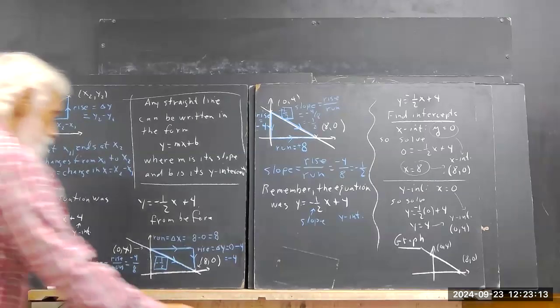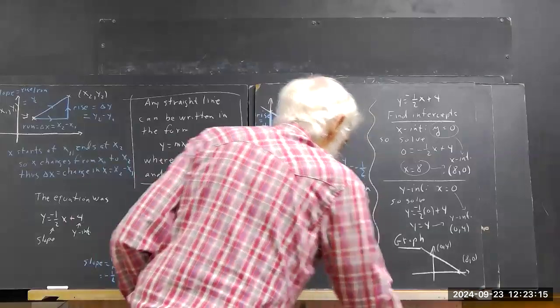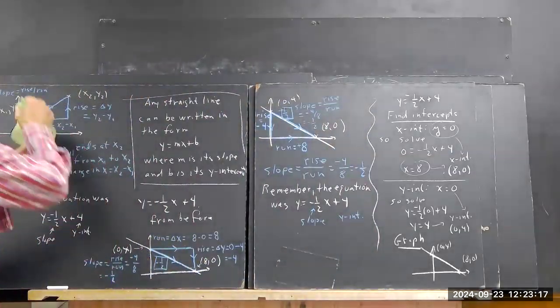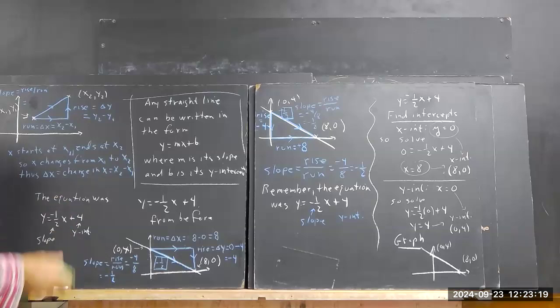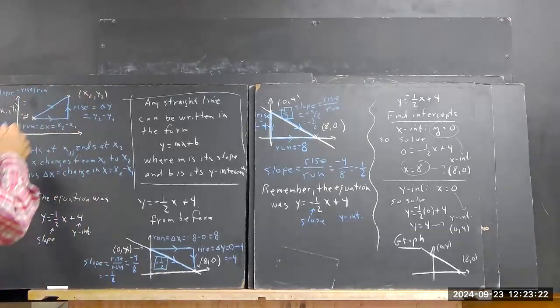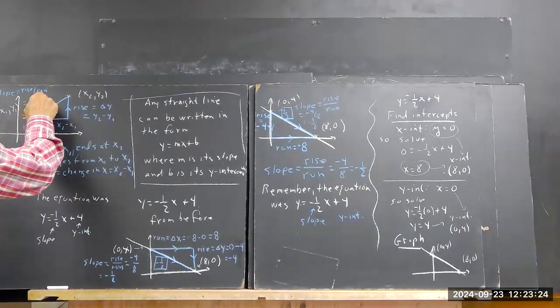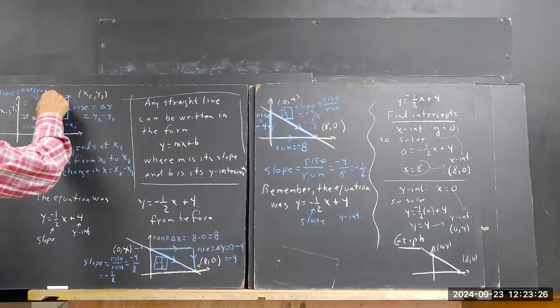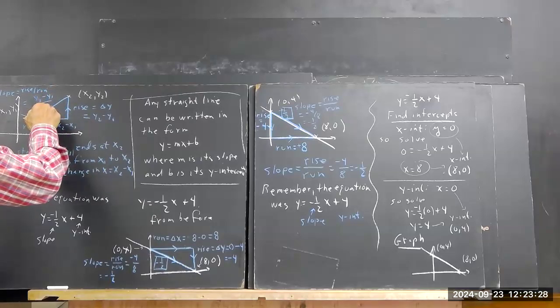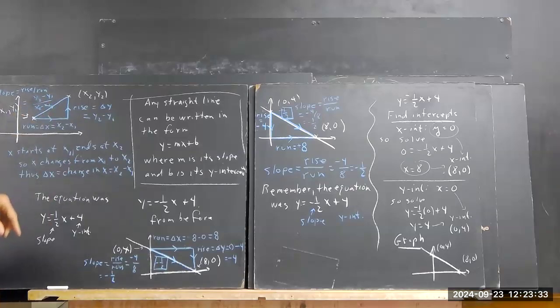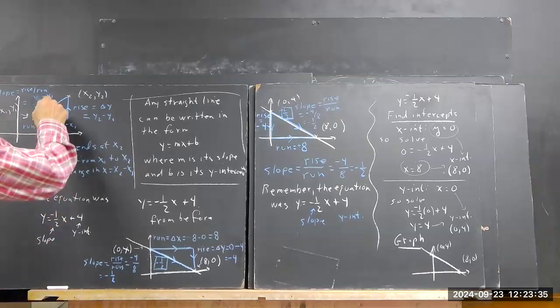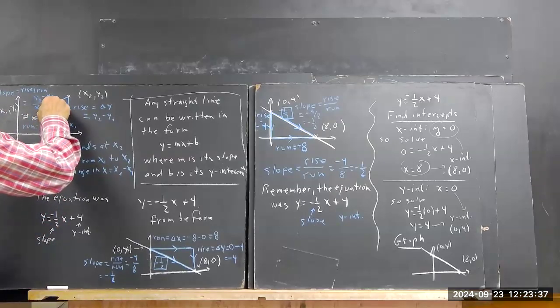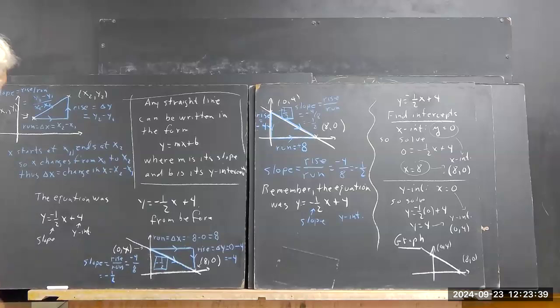Oh, heck. It's probably operator error. Let it do that. Equals, rise is y2 minus y1. Run is x2 minus x1. And that's all messed up, the arrow and stuff, but it's maybe halfway later. Okay. So there's the formula